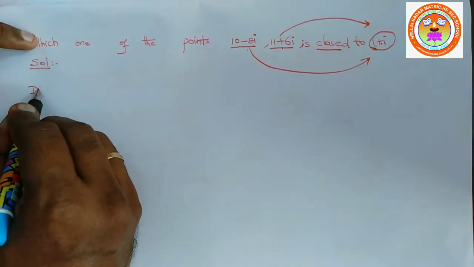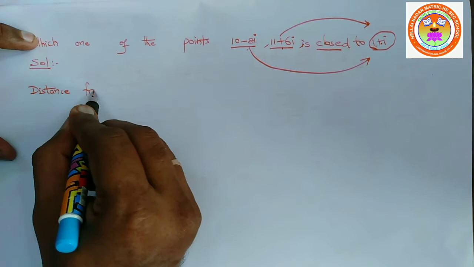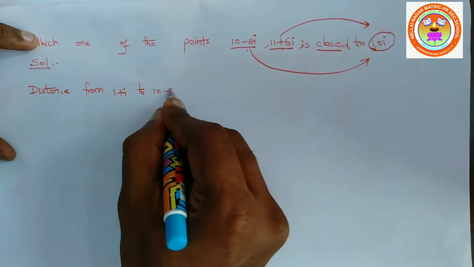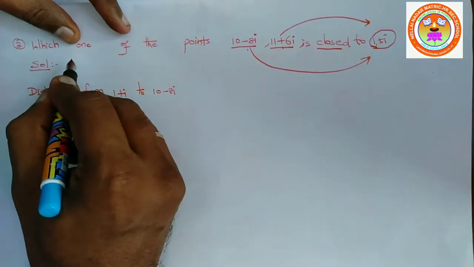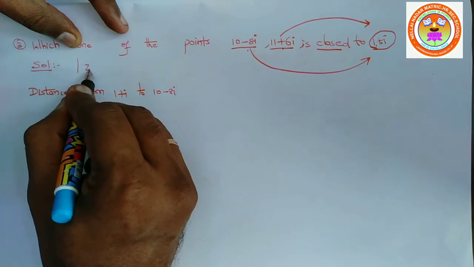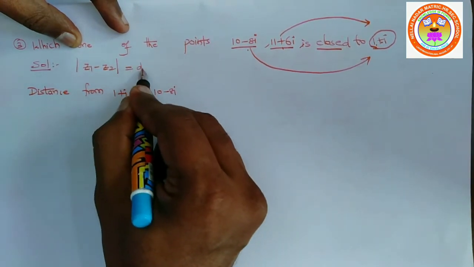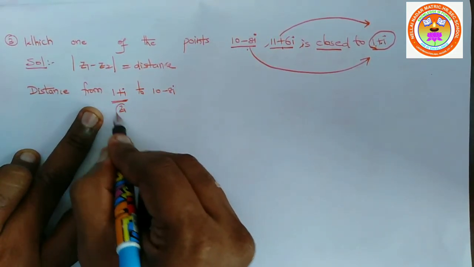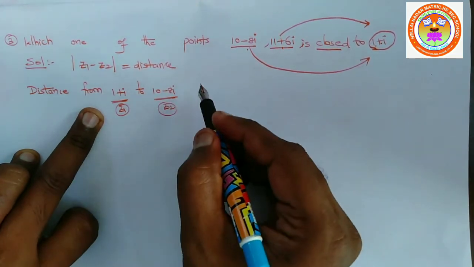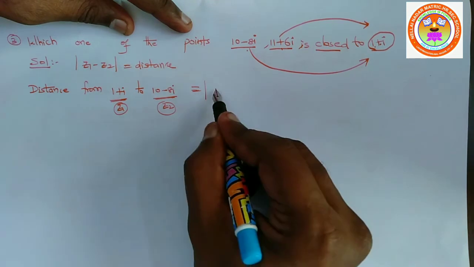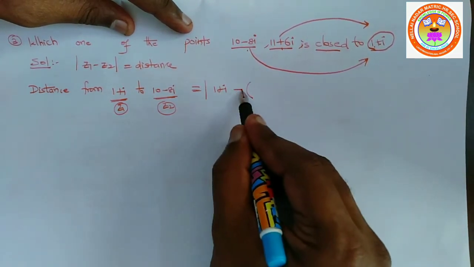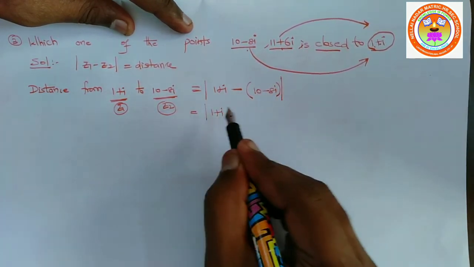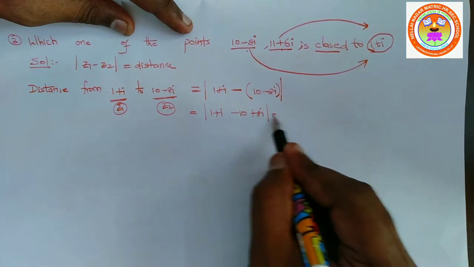So first I am going to find the distance from the complex number 1 plus i to 10 minus 8i. In one of the earlier sums we saw that the distance between z1 and z2 is the modulus of z1 minus z2. If I take this one as z1 and this one as z2, then z1 minus z2 is the modulus of 1 plus i minus, open the bracket, 10 minus 8i, close the bracket. So the modulus of 1 plus i minus 10 plus 8i is equal to